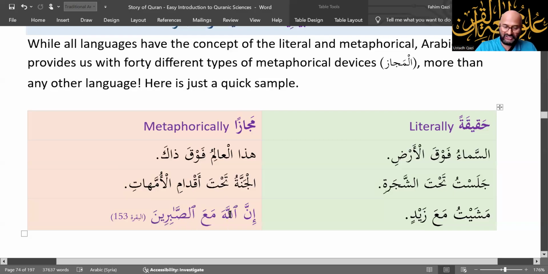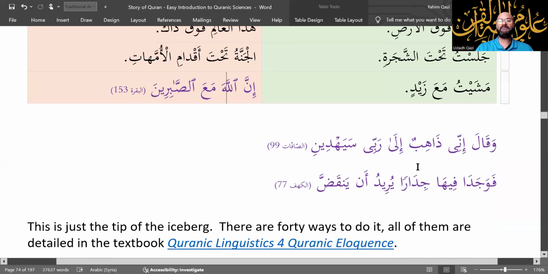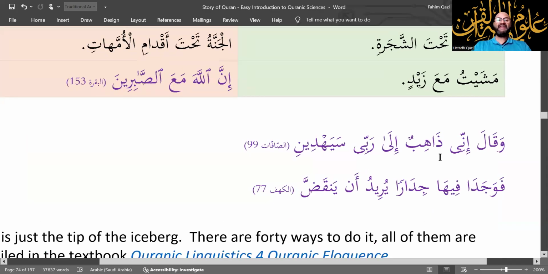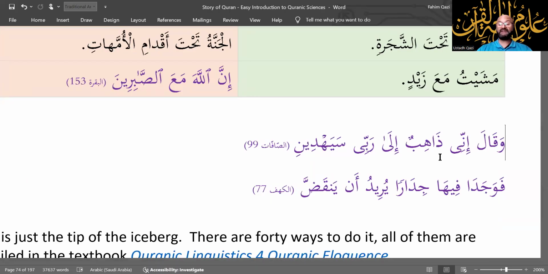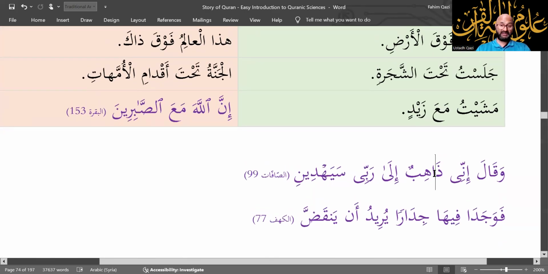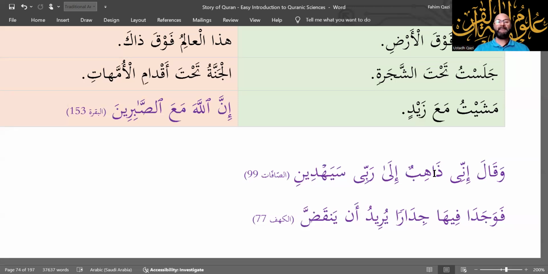So a couple more examples from the Quran that have to do with aqidah as well. See, if you want to understand the Quran correctly, you have to recognize that there's majaz in the Quran. In fact, I would be surprised to see a page of the Quran without majaz. I believe almost every page of the Quran, if not all of the pages of the Quran, have some metaphorical language in them.